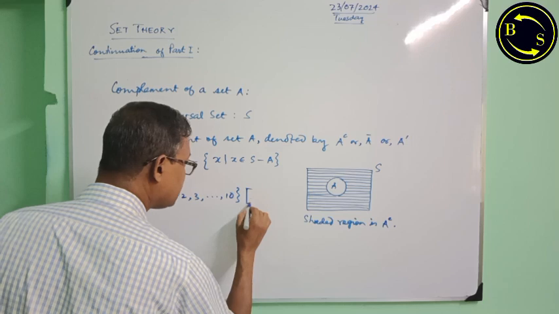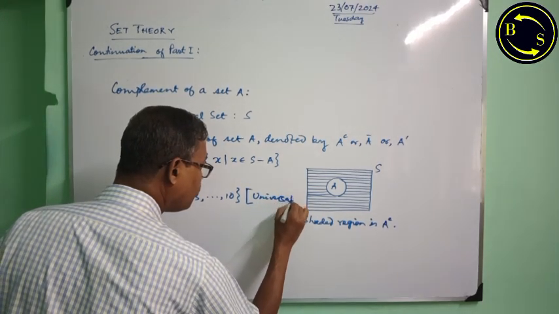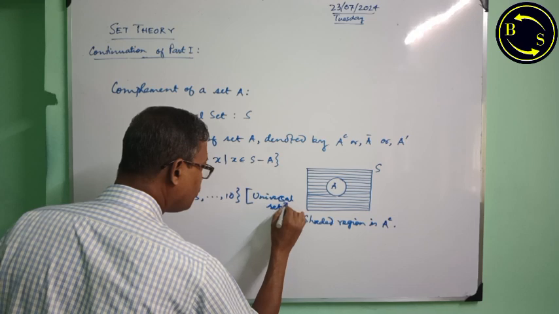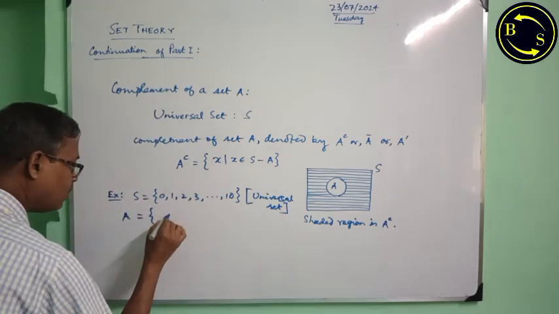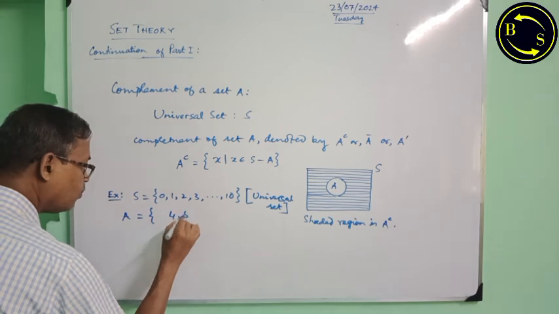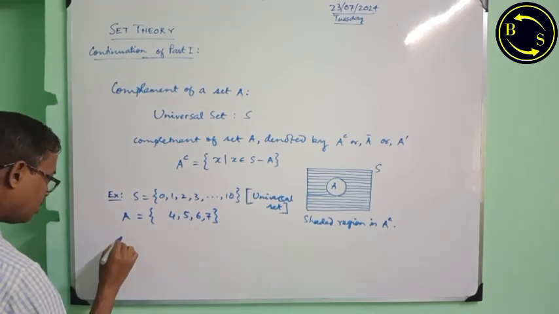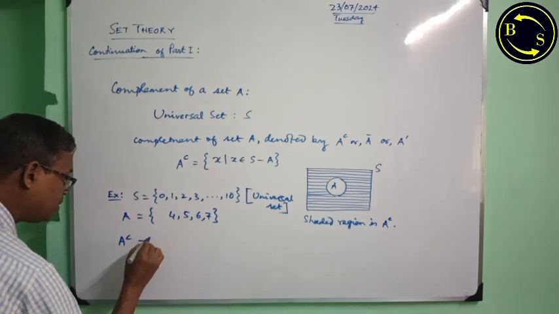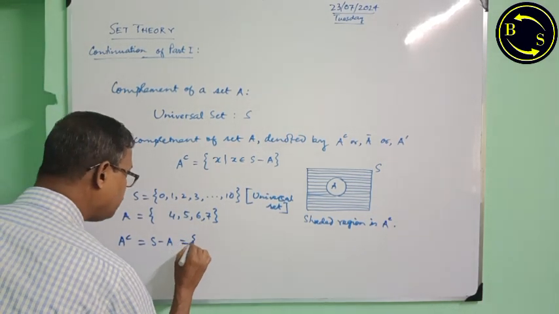This one can be treated as universal set. And set A, set 4, 5, 6, 7. Then complement of A is S minus A. Therefore, that set will be